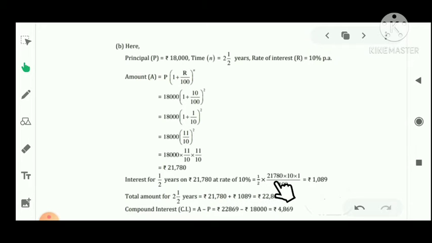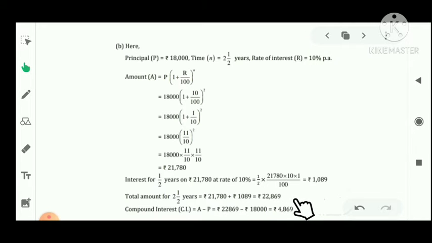You know the formula P × R × T / 100. P's value is 21,780, R's value is 10%, and T's value is 1 upon 2, upon 100, and after solving it, its value will be 1,089. That means the total amount for 2.5 years is 21,780 plus 1,089, that means